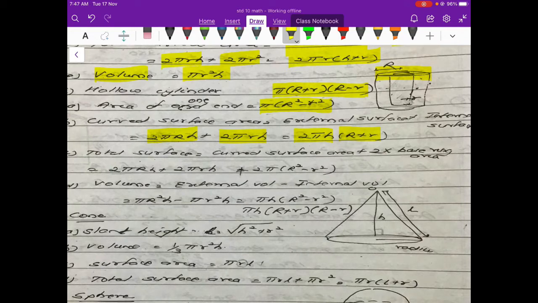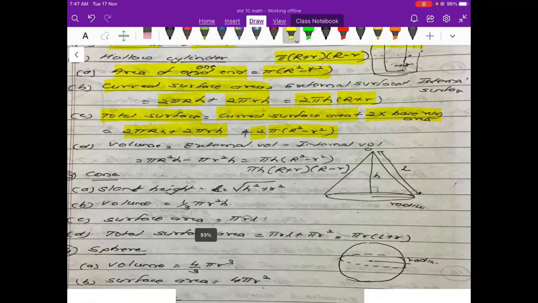And if you want to find the total surface area, it will be given by the curved surface area plus the top and bottom. Now this top and bottom are, remember, circular rings, because it is a hollow cylinder. The top and bottom are only rings. So this is the total surface area: 2πRh plus 2πrh, and for the two rings, one ring is π(R² − r²). Since there are two rings, you have to multiply it by 2.